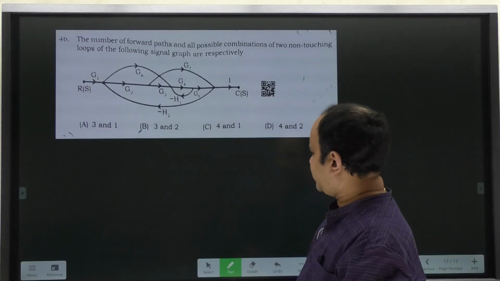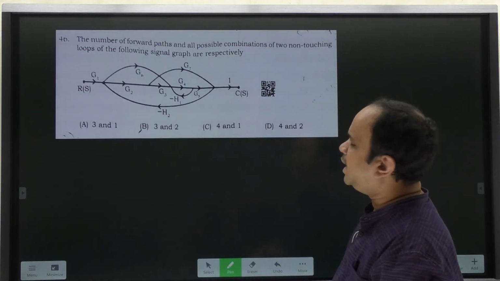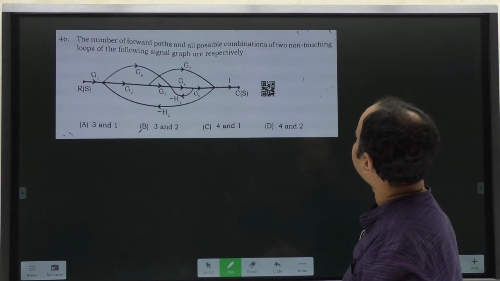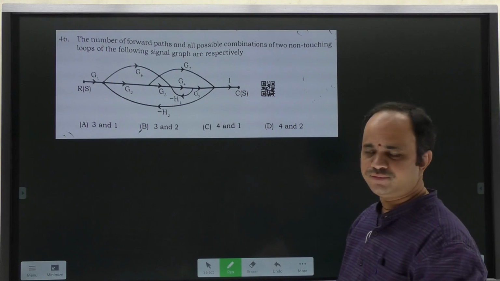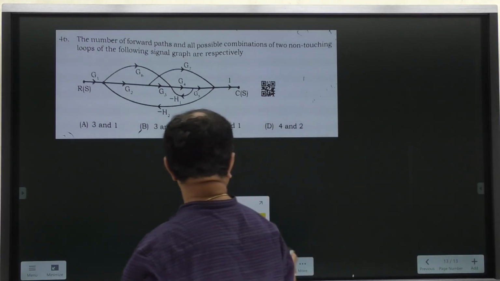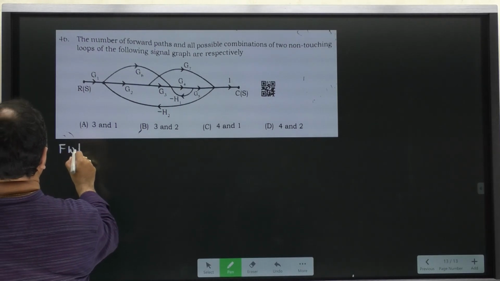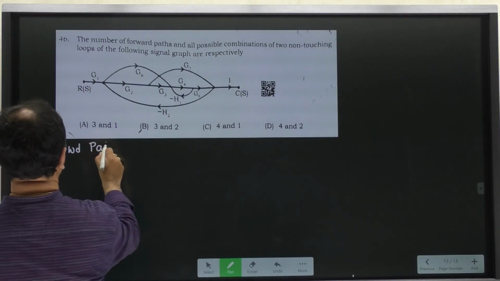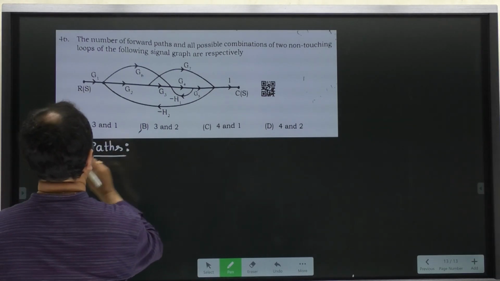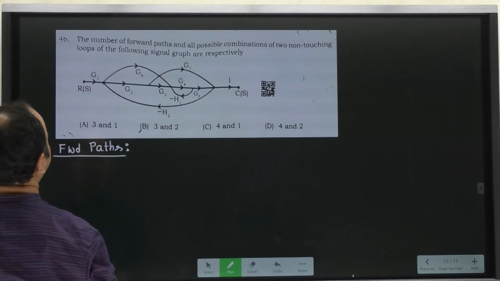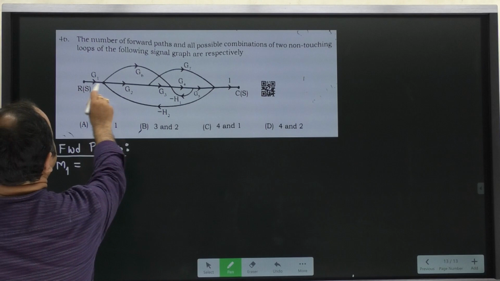Now let us look into the next question. The number of forward paths and all possible combinations of two non-touching loops of the following signal flow graph. Now first let us try to identify the forward paths. Now the first path will be, let me write M1 is equal to G1,